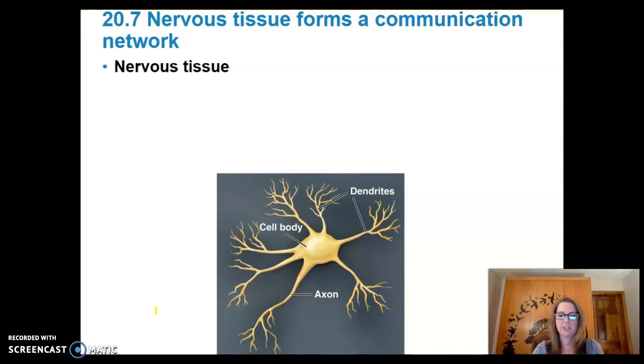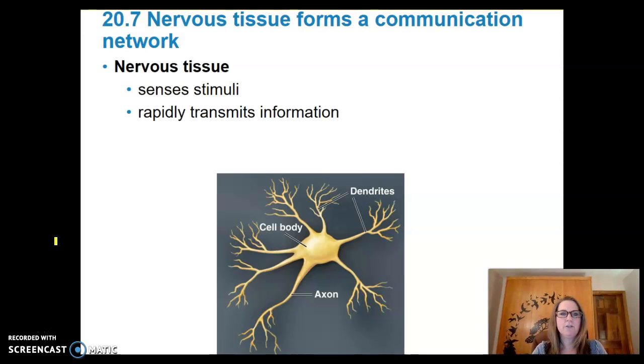Okay, so our next tissue is the nervous tissue. What we know about the nervous tissue is that it is going to send stimuli and rapidly send signals around the body. This is very important so that we can respond to emergencies, respond to temperature changes in the environment, whatever it may be, sunlight coming into your eyes, or being able to read this screen. So the nervous system is going to be specialized to sense those stimuli, rapidly transmit information, and then